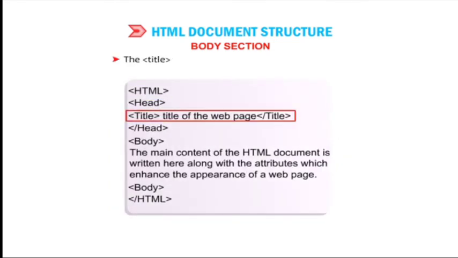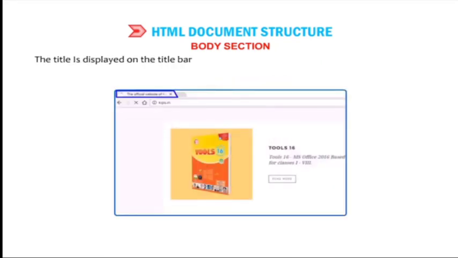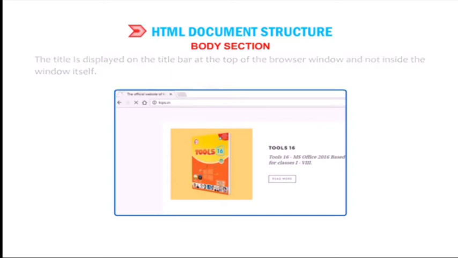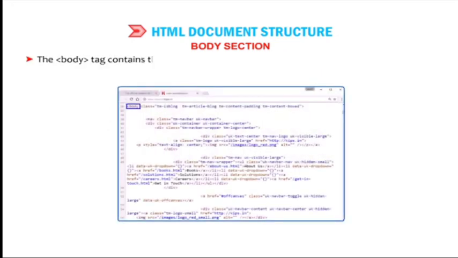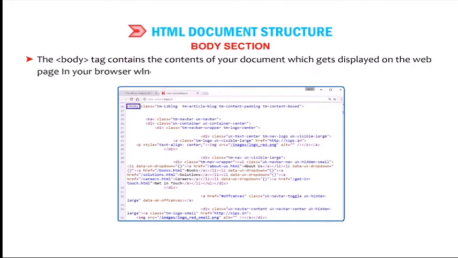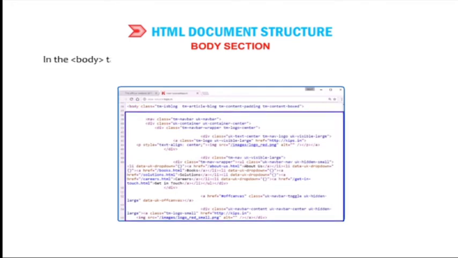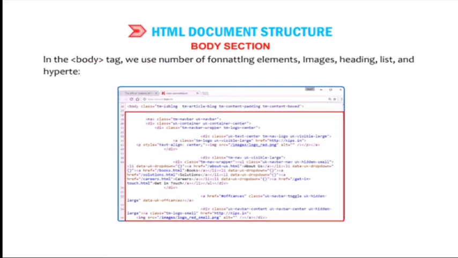The title tag is to be given within the head tag. It contains the title of the document. The title is displayed on the title bar at the top of the browser window and not inside the window itself. The title should be short and include less than 64 characters. The body tag contains the contents of your document which gets displayed on the web page in your browser window. In the body tag, we use a number of formatting elements, images, headings, lists, and hypertext links to enhance the appearance